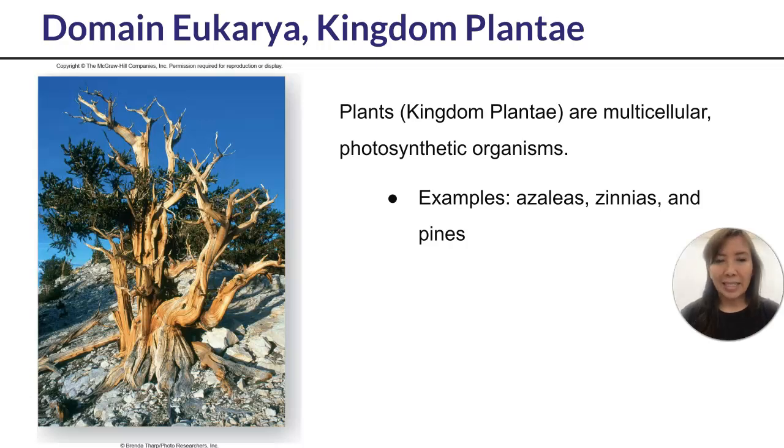And then you have kingdom Plantae, which is really diverse, right? We have plants. They're multicellular. They can photosynthesize, so we can capture sun energy and make it into material energy. And so there are so many examples, everything from redwood groves to a daffodil. Those are all different types of plants, right?